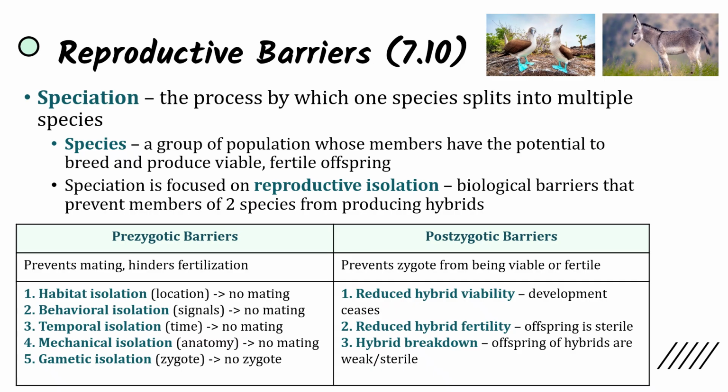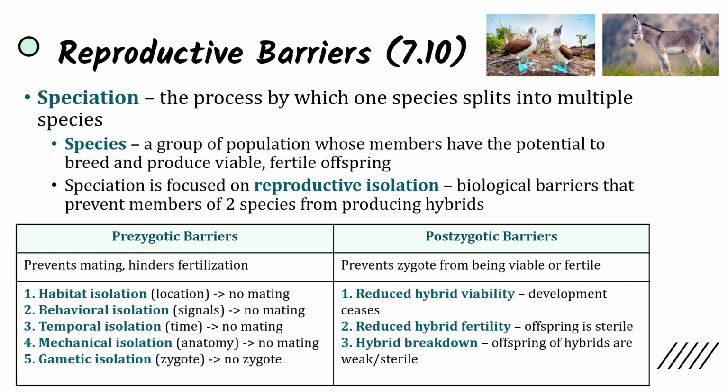We're moving on now to discuss how different species are formed. The process by which one species splits into multiple species is known as speciation. A species is a group of populations whose members have the potential to breed and produce viable and fertile offspring. So the offspring must be able to mature and must be able to reproduce. And speciation is focused on reproductive isolation, which are biological barriers that prevent members of two species from producing hybrids,